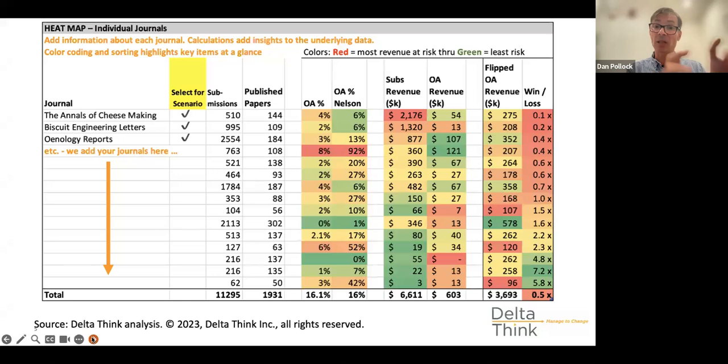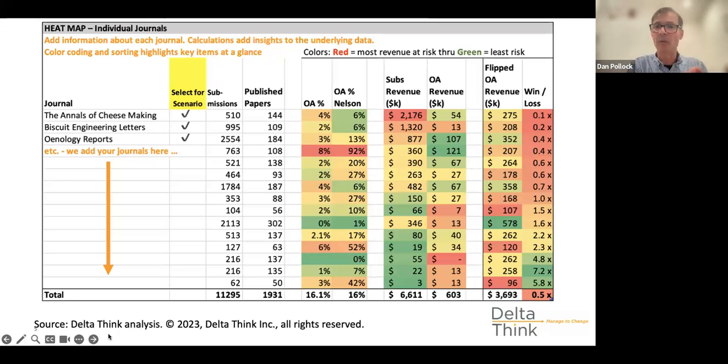And then the heat maps, the color coding, allows you very rapidly to look at the red stuff. That's probably what's at risk. Green stuff, probably better. Red stop, green go. And so at a glance, you can start to get a sense of where I might need to focus my priority, or where I might need to worry about something, and therefore might I have to take certain actions to address that. And again, this could apply if you are buying content, if you are a consortium or library representative.